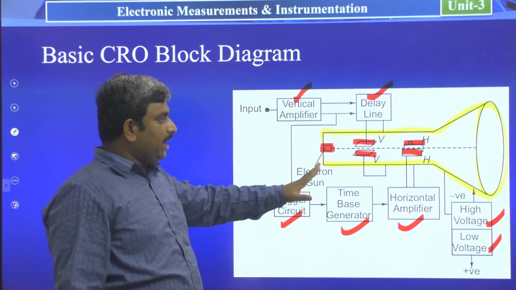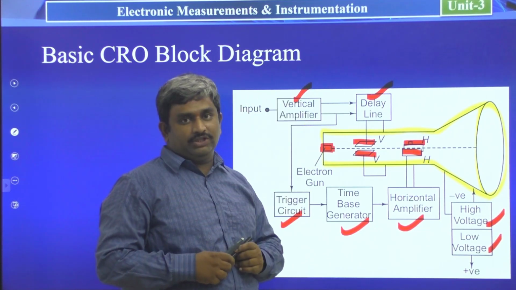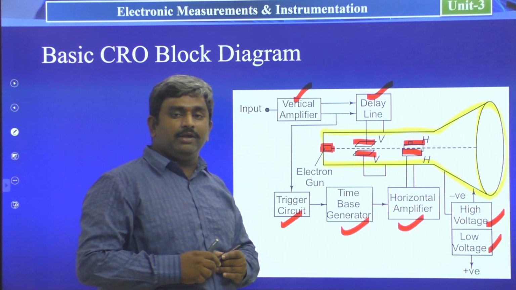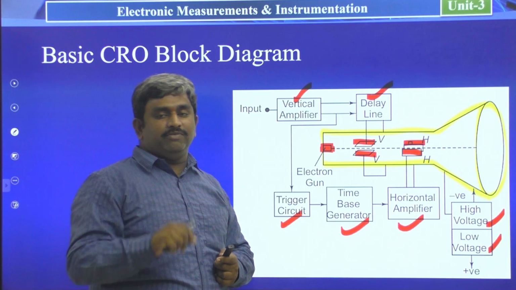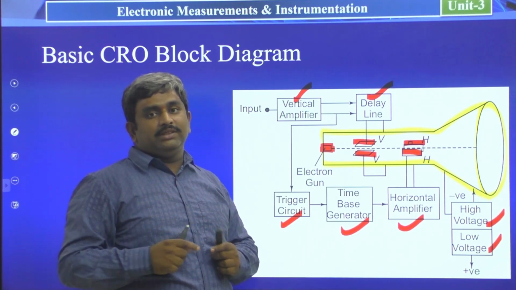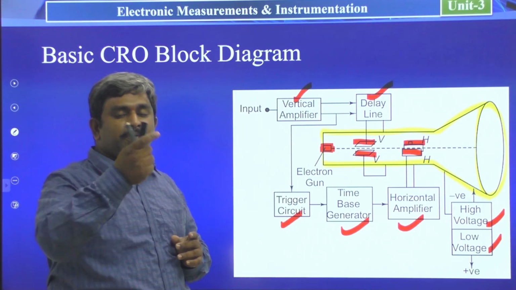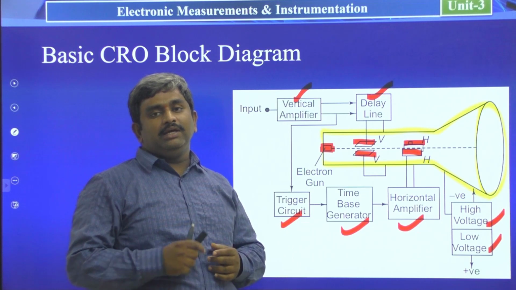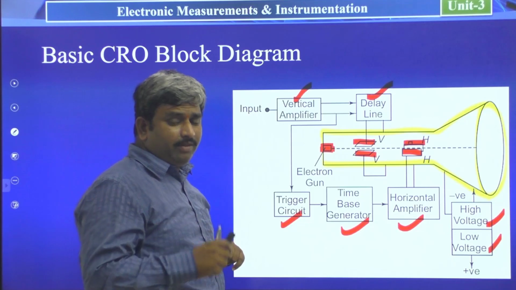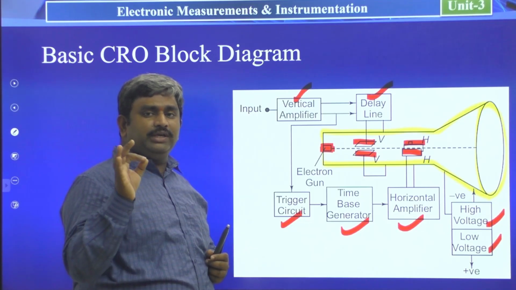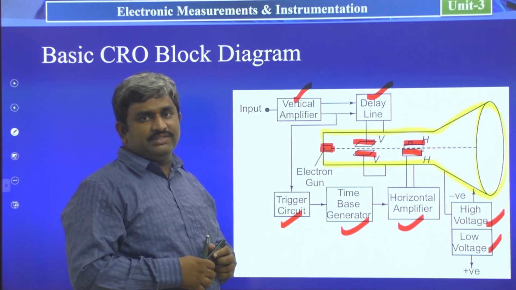In this block diagram, for any type of signal, we have x direction and y direction. In the x direction, generally we are representing time values. So for that reason, we are adjusting time per division. When you adjust the time per division knob, you can see a lot of changes in the x direction. When you change the volts per division knob, you can see the vertical changes in the signal. Okay. So the information is available in the y direction. In the x direction, time or frequency is available.